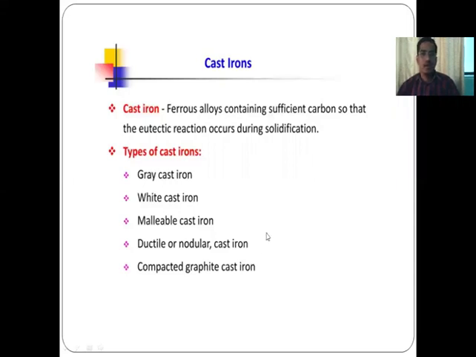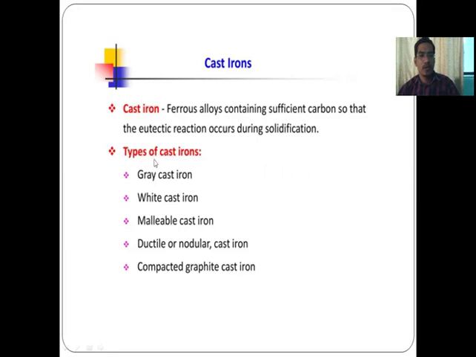So cast iron is a ferrous alloy containing sufficient carbon so that the eutectic reaction occurs during solidification. The carbon percentage is more in cast iron as compared with steel. So 2 to 6.67% carbon will be there in the cast iron. Here we can see the different types, or the